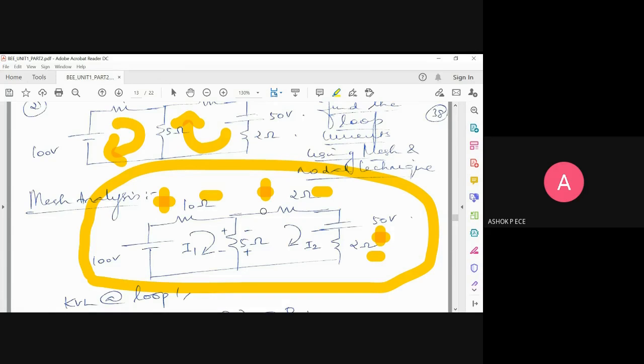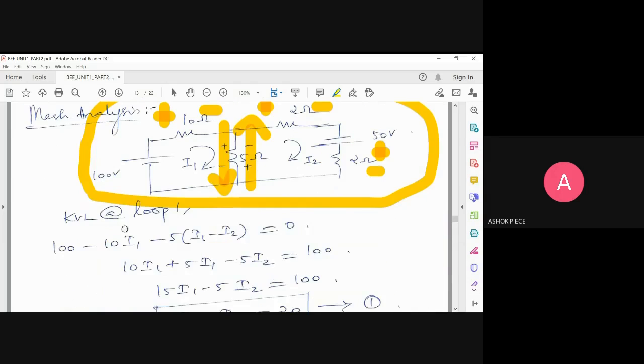100 minus 10 I1. After that, say a single term. Minus 5 into what is the effective current flowing through 5 ohms? See, I1 is flowing from top to bottom. I2 is flowing this way. So what is the effective current flowing? I1 minus I2, right? And what is the sign of the voltage? It is minus, because current is flowing from plus to minus. See, our reference is always loop 1, so this polarity sign only you have to put, and this current should come first. So 100 minus 10 I1 minus 5 into (I1 minus I2) equal to 0.